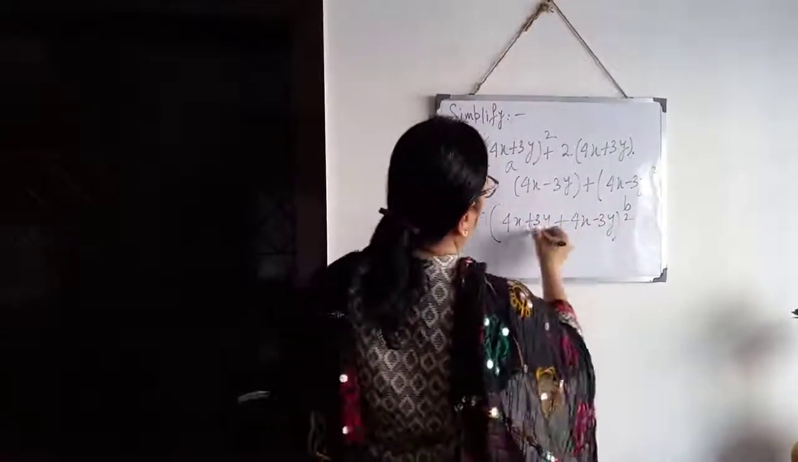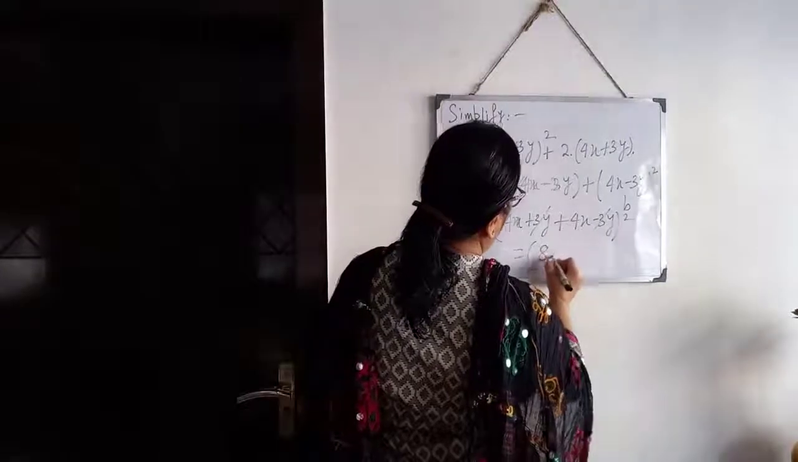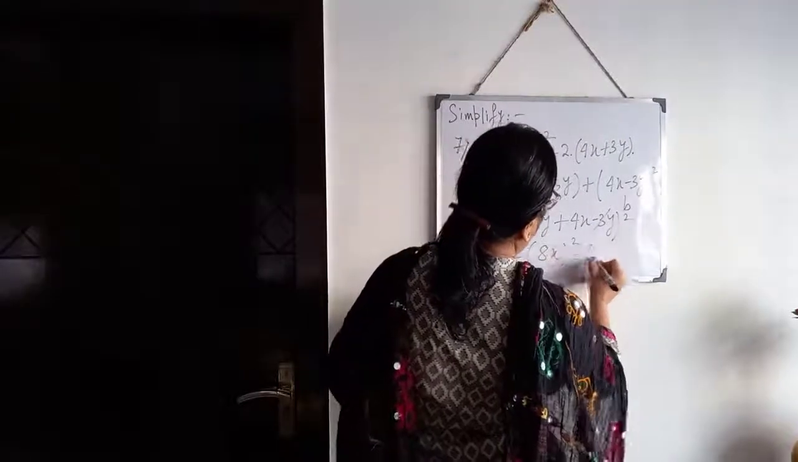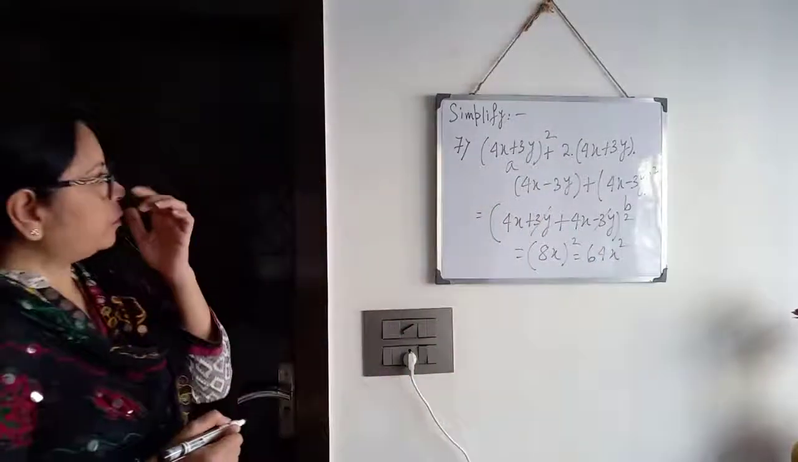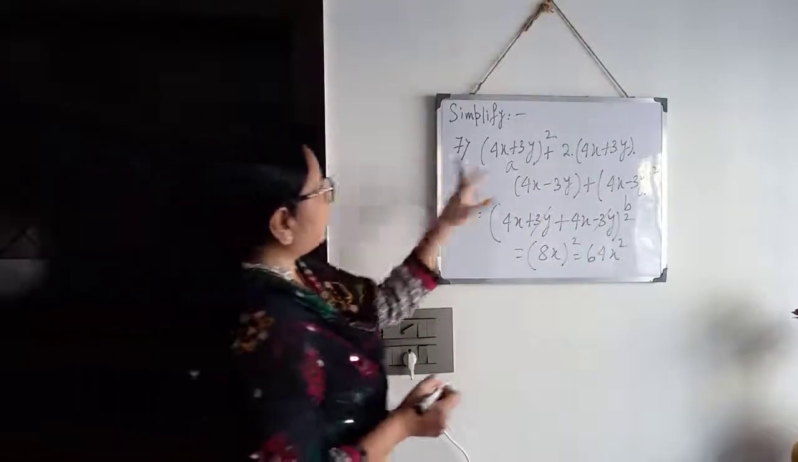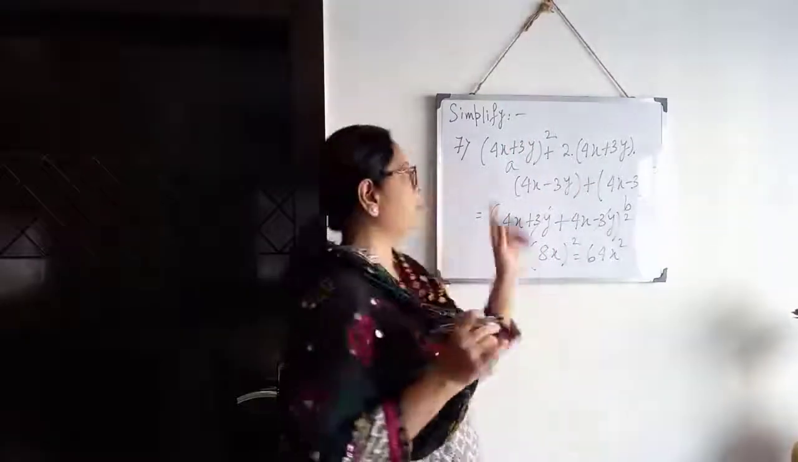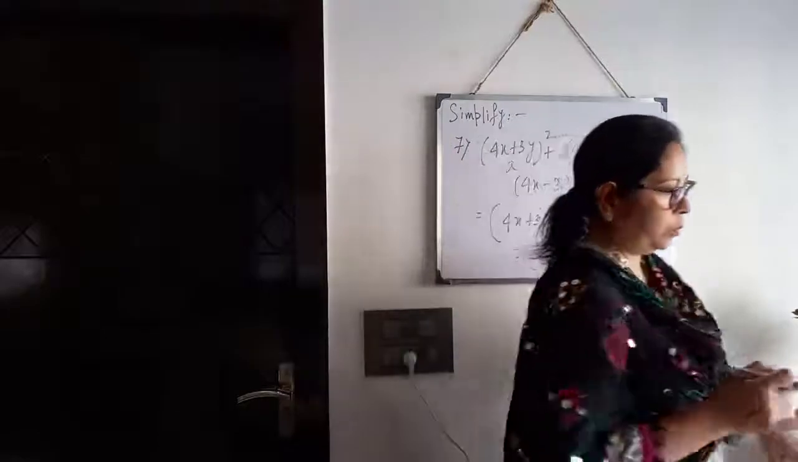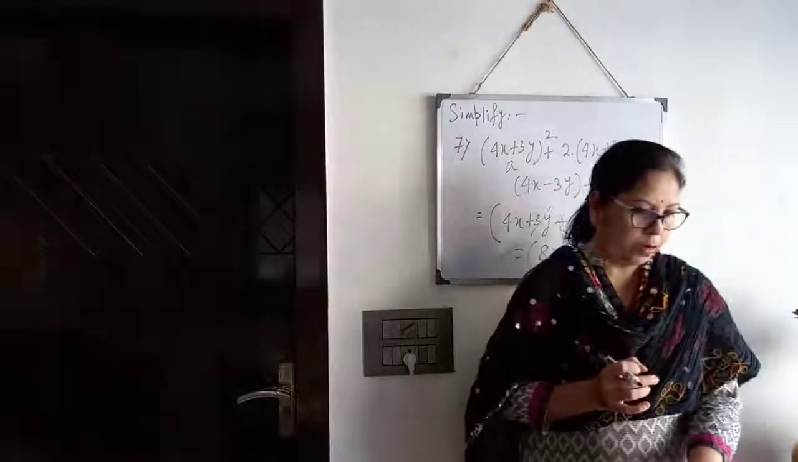Now 3y and 3y will be cancelled out. Now you have to add 4x plus 4x, 8x. 8 whole square means 64x square. This is the answer. So you have seen that it is given in that form, the right hand side of the formula, a square plus 2ab plus b square. And this equal to, we can write a plus b whole square. Now